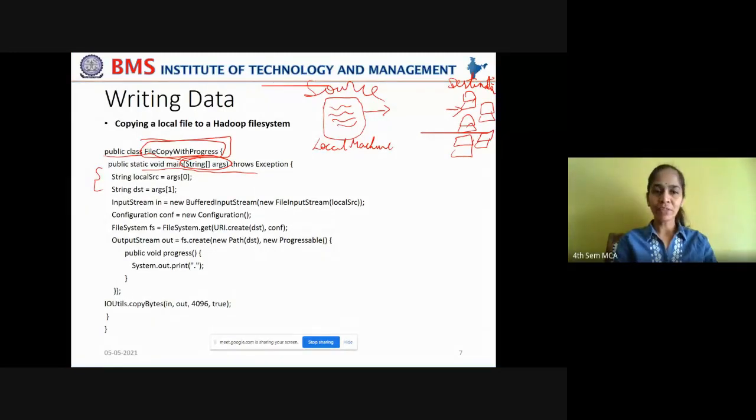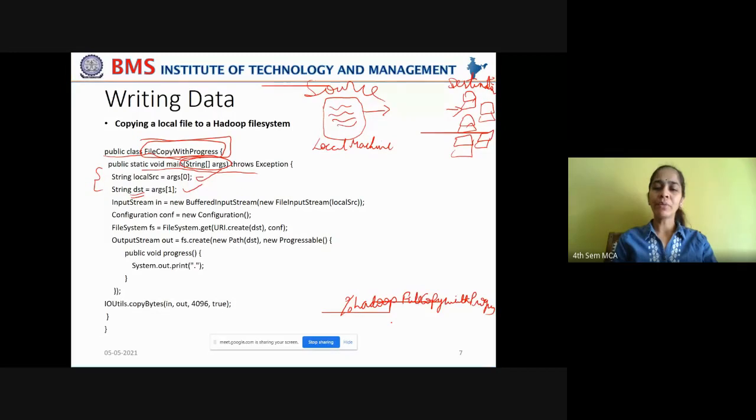Okay, so the local source is taken as the first argument vector, the first command line argument, and destination is taken as your second command line argument. Okay, so when I give the run command, I give %hadoop FileCopyWithProgress. I want to execute this Java class, FileCopyWithProgress.